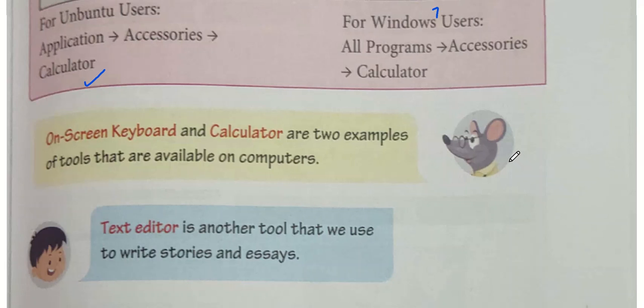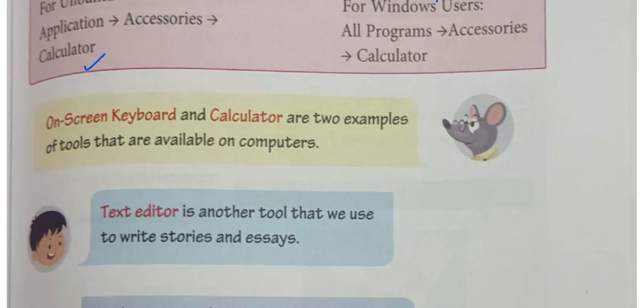Then mouse, on-screen keyboard and calculator are two examples of tools that are available on computers. Then Pages, the text editor, is another tool that we use to write stories and essays. Yes, we are familiar with the text editor. We read about it in grade 2, and in grade 3 we come to know about the word processor. So a text editor or word processor is basically a tool which is used for writing or typing anything